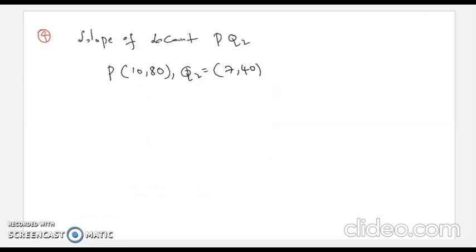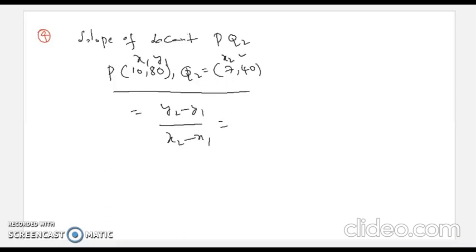We know for finding the slope if 2 points are given, what is the formula? y2 minus y1 by x2 minus x1. Here this is x1, y1 and this is x2, y2. So y2 minus y1 means 40 minus 80, by x2 minus x1, 7 minus 10. So minus 40 by minus 3. Both minus signs cancel. So 40 by 3 is